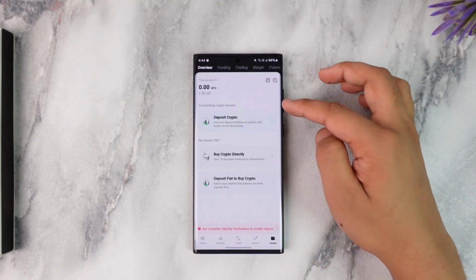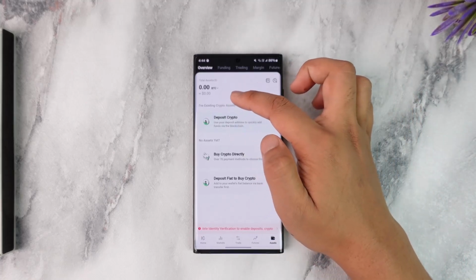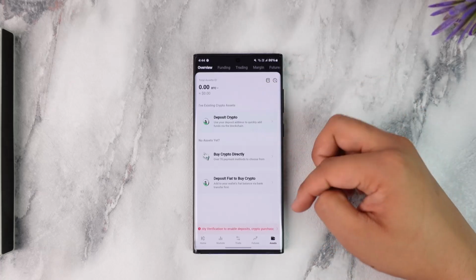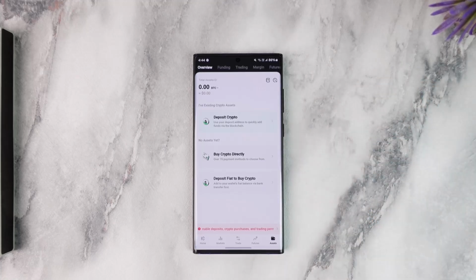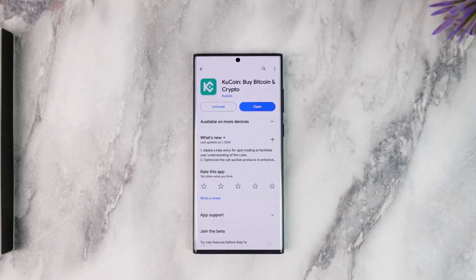Now, if you're talking about withdraw, unless you don't have any sort of cryptocurrencies or anything that you own, you will not find the withdraw option, just like in my case. So you'll find a withdraw option over here if you have got any sort of cryptocurrency or fiat currencies that you own. But to give you a basic context of the idea, this is how you can deposit or withdraw